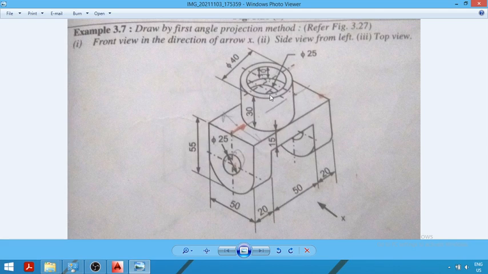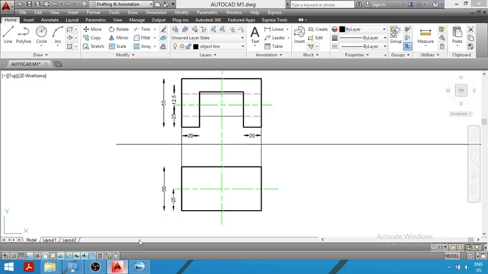First circle will be of diameter 40 mm. So first circle is what? Of diameter 40 mm. This outside circle is of diameter 40 mm, and from the top view it will be clearly visible. So in the first step, in the top view we will draw a circle of diameter 40 mm. So taking this point as the center, you will draw a circle of diameter 40 mm, or you can say radius 20 mm. So you can see I have drawn a circle, which is of diameter 40 mm.